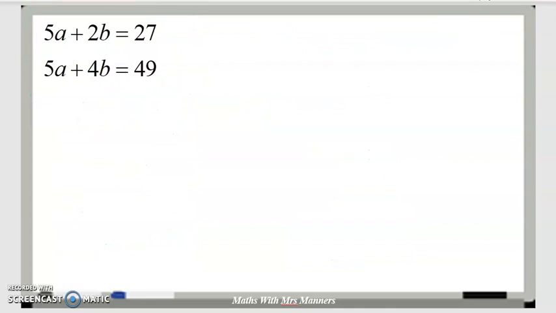All right, let's have a look at another example. Here, my terms are identical. So what I can do is, they're the same. So like we said before, if they're the same, we subtract. So I'm going to do